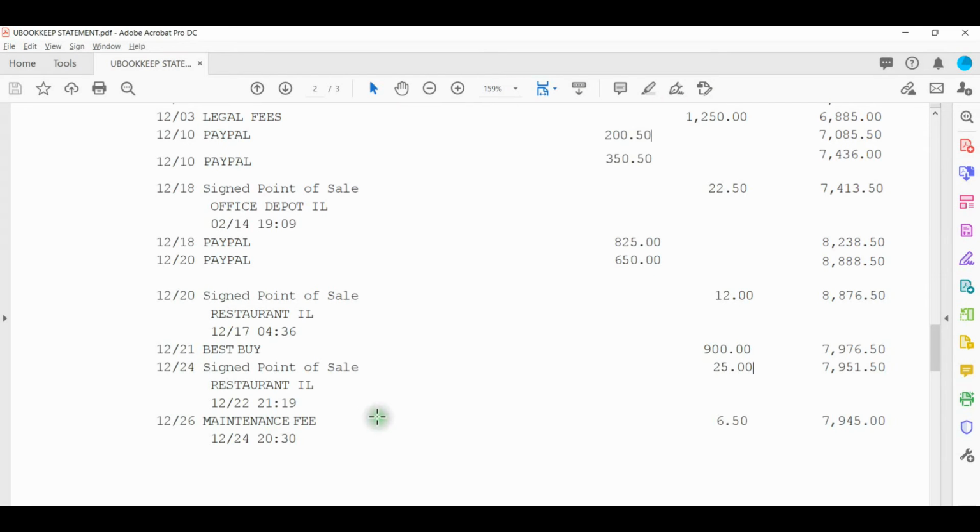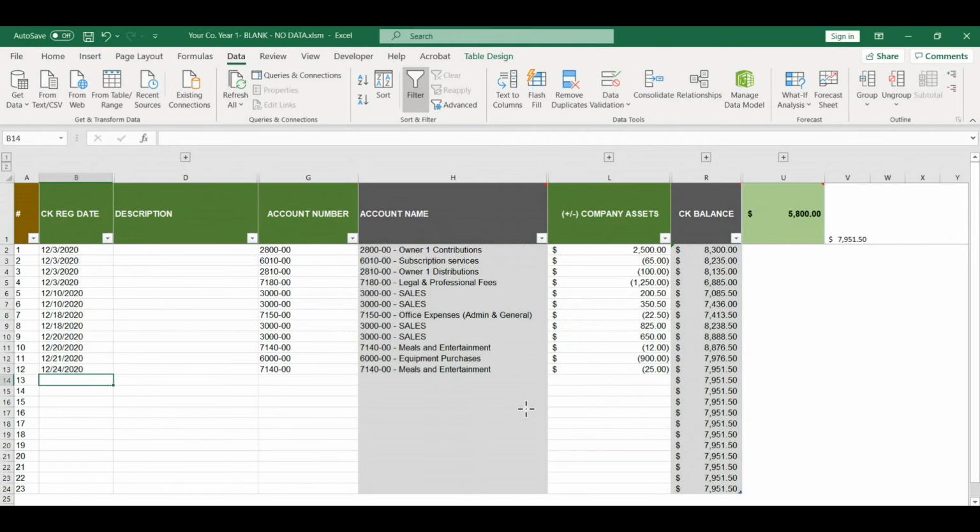And then again on 12/26, I see I had a maintenance fee. What is the maintenance fee? Well, that happens to be bank charges. My bank is charging me to manage my money and to make sure that my accounts are reconciled. So here on 12/26, we have bank fees, $72.70, bank charges, and that happens to be for negative $6.50. And now we have an ending balance of